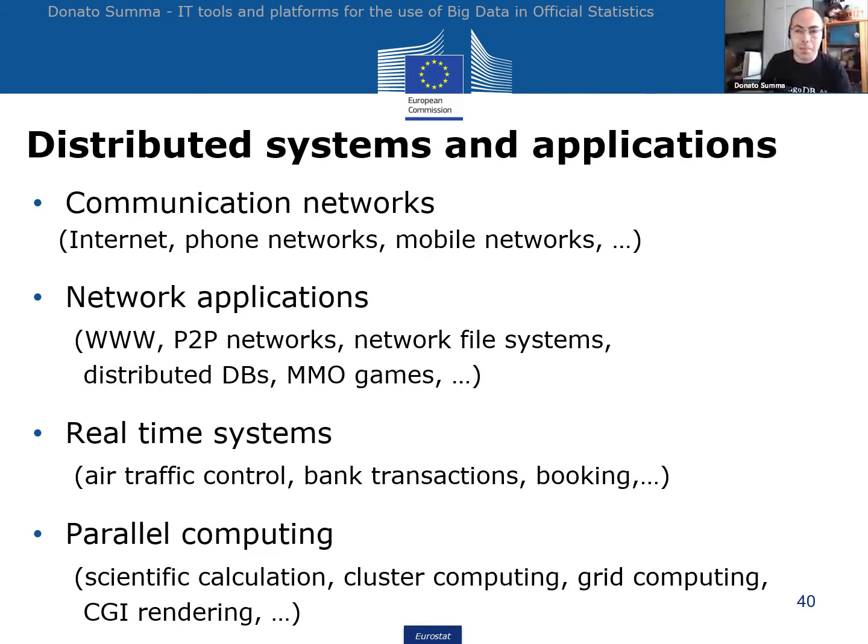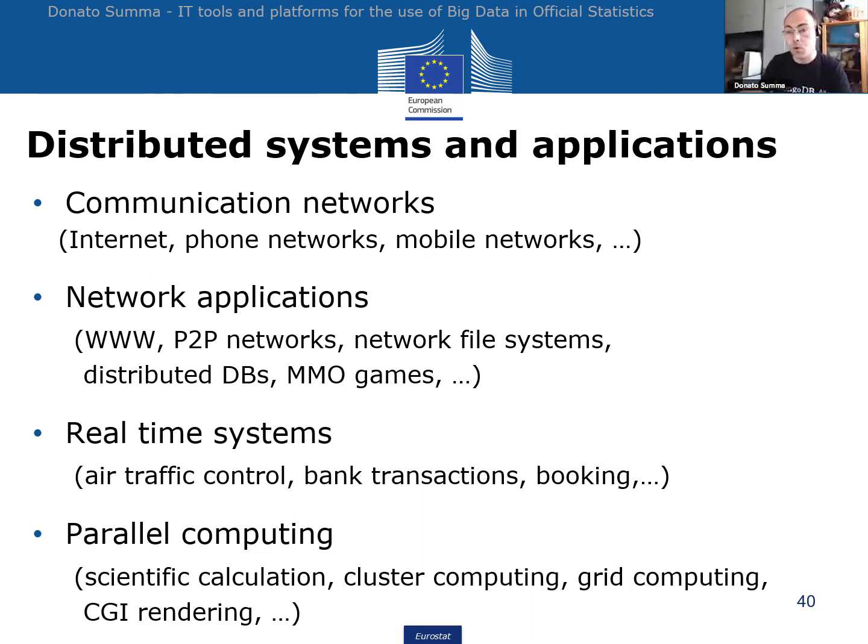It's the best possible example of a distributed system, but also phone networks, mobile networks, and so on. All the network applications, such as the WWW protocol, peer-to-peer networks, distributed file systems, distributed databases, all the real-time systems such as air traffic control, all the bank transactions, all the booking systems,